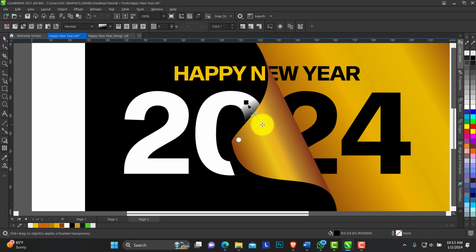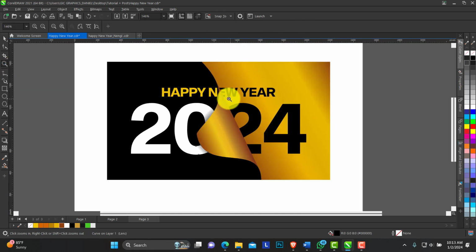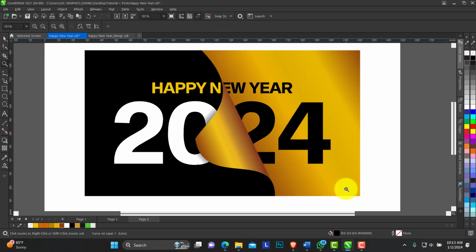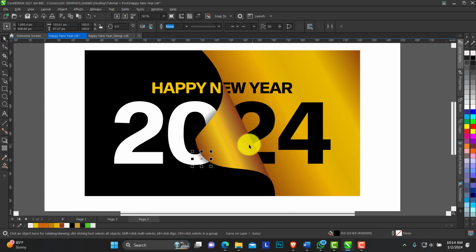Then click and drag. You can see how this gives it a more realistic look. You know, when you flip, you have the paper casting shadow. Okay,